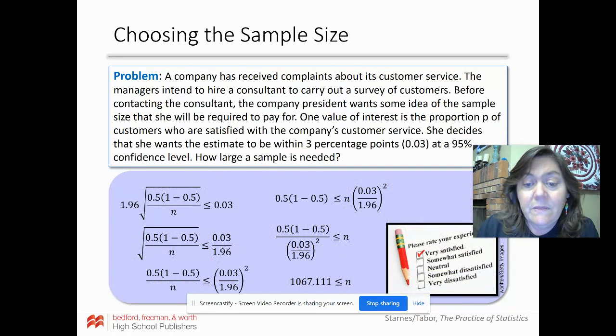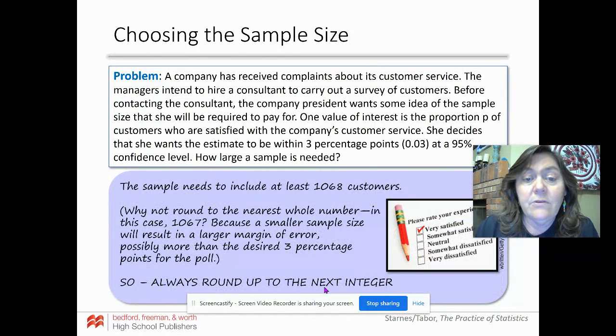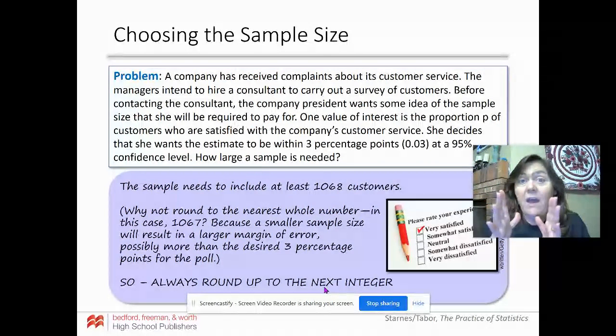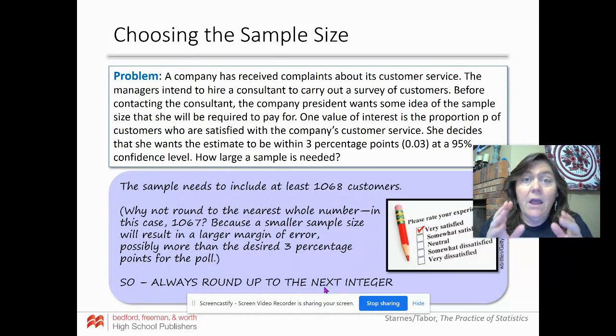No matter what this is, we round up to the next integer for our answer. So you're going to tell this boss that she would need to at least speak with 1,068 customers in order to stay within 3 percentage points. Now remember, we use 0.5, and so if half the people are satisfied and half the people are not, then